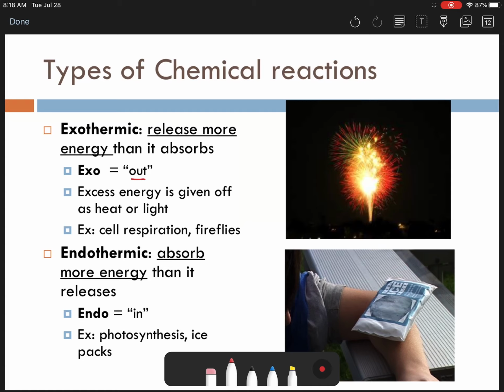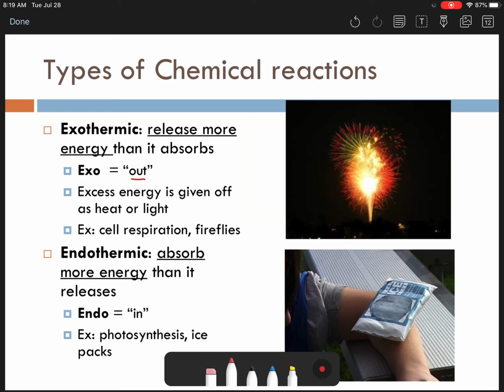And so some of the examples are cellular respiration, where we actually release more energy, more ATP at the end. Fireflies, when they're blinking and giving off that light energy, that's an exothermic reaction. Of course, probably your favorite from the summertime around the 4th of July, fireworks are a good example of an